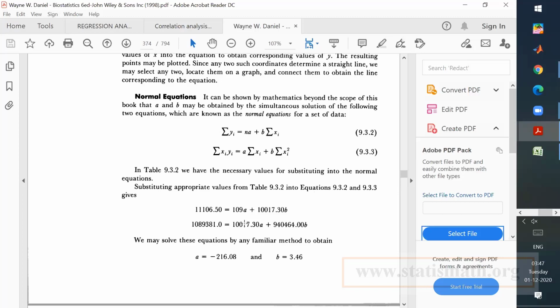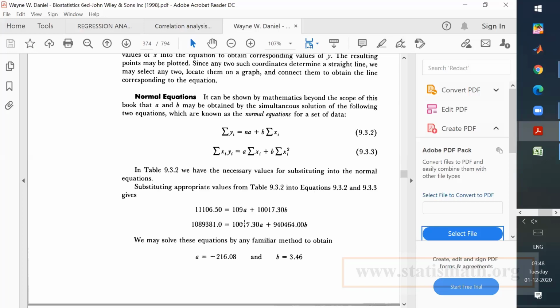That we did the other day when we were solving for mu and sigma, the simultaneous equations for calculating the parameters in the normal distribution, the standard normal distribution. In the same way, it will be reduced, so you have A and B. When you solve these two equations simultaneously, you can get the values of A and B. Okay, that is one method.